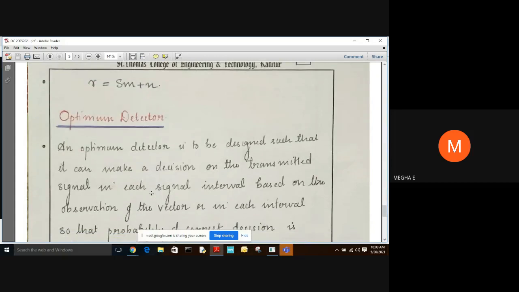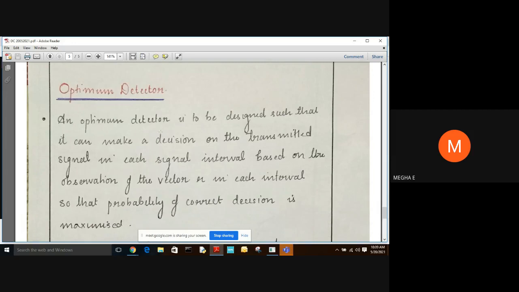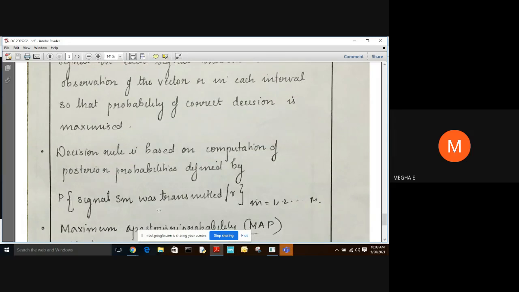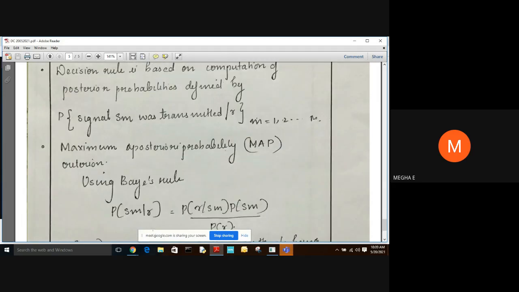So the optimum detector is to be designed such that it can make a decision on the transmitted signal in each signal interval based on the observation of the vector R in each interval, so that the probability of the correct decision is maximized. Here the decision rule is based on a computation of posterior probability defined by probability of signal Sm was transmitted given R, and maximum a posteriori probability, that is MAP criteria, is used in Bayes rule, can be defined as